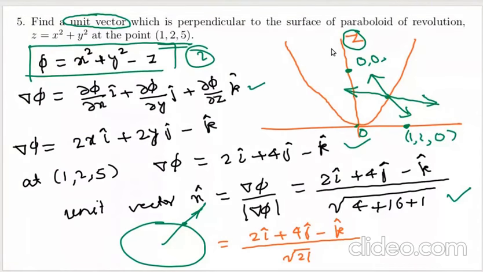You put z equal to 0. Now z equal to 0, you should get what? Outward vector should be along minus k cap, and the inward vector should be along k cap. So that will distinguish what sign to choose.